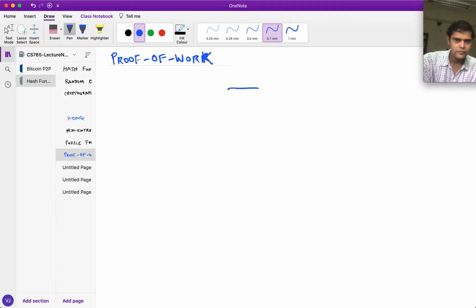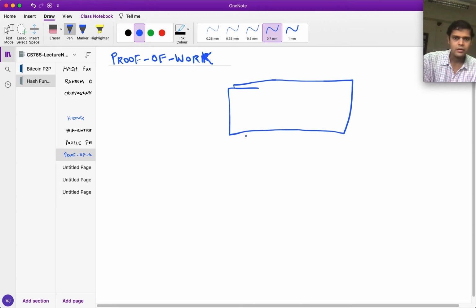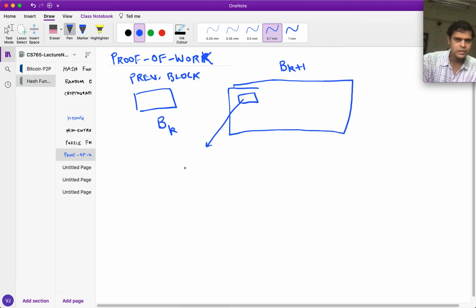So you have a block, and this is the previous block. So let's say this is bk and this is block bk plus 1. So this is nothing but the hash of the previous block, right? That's what we've seen till now. Okay. Now within this block